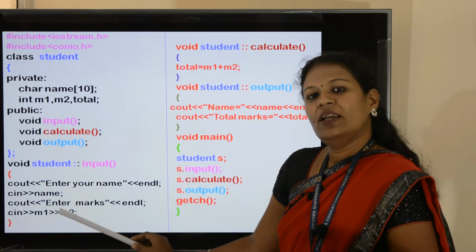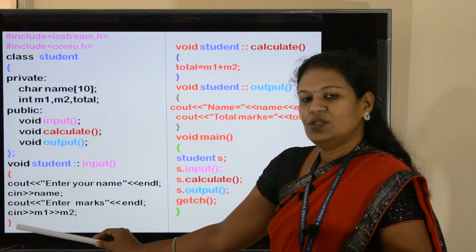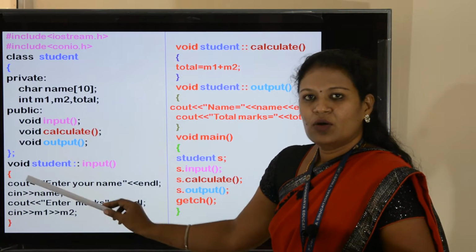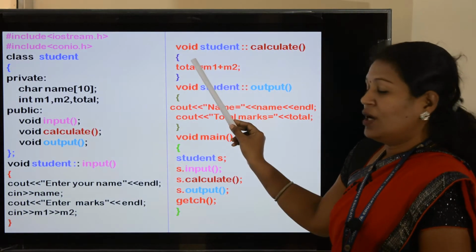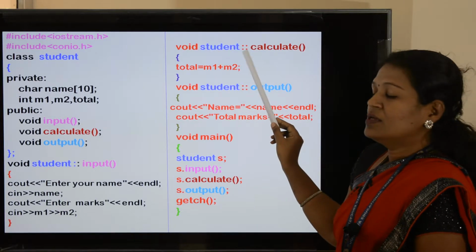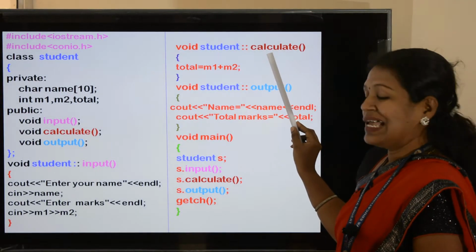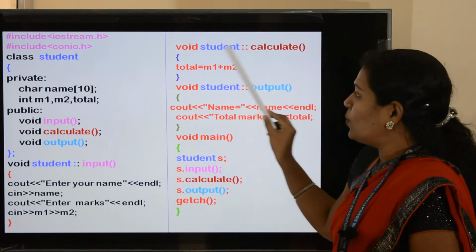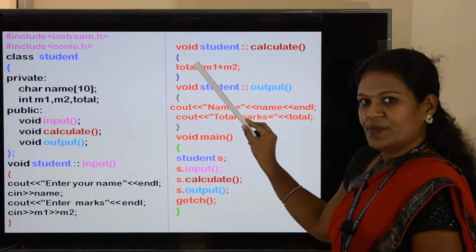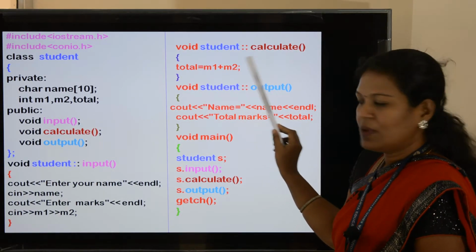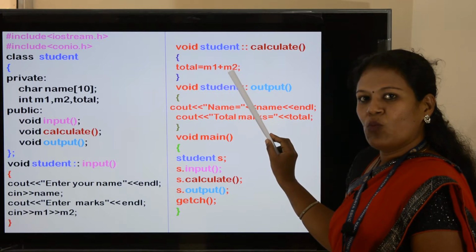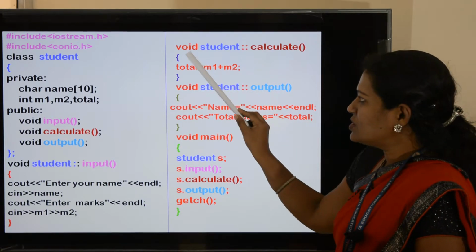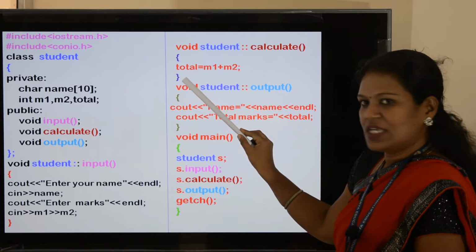Cin m1 m2. This bracket you will be closing here. Go for the next function. Void student scope resolution operator calculate function. Open the flower bracket. Next do the calculation step. Total is equal to m1 plus m2. This opening bracket will be closing here.